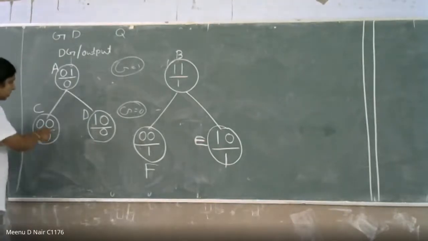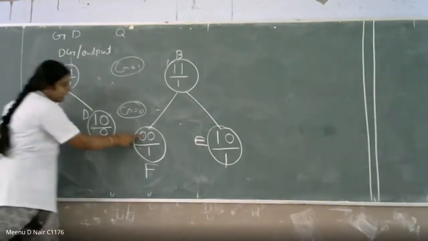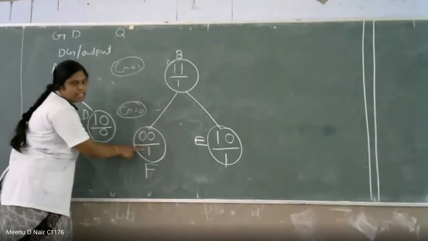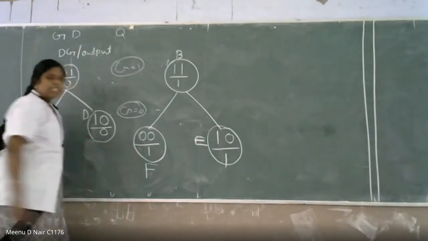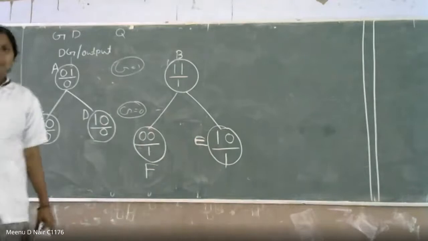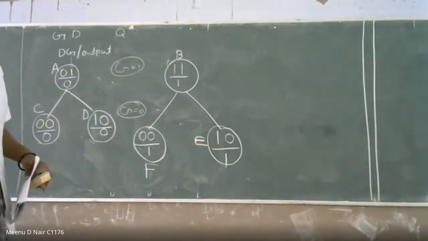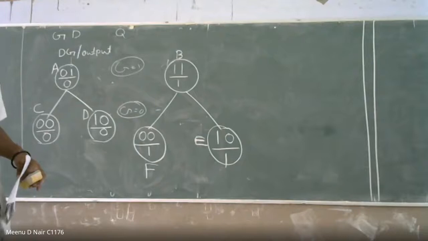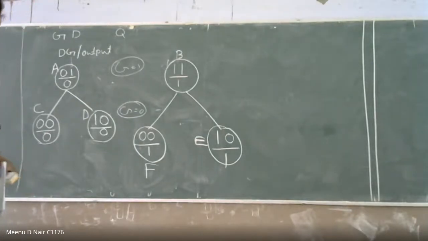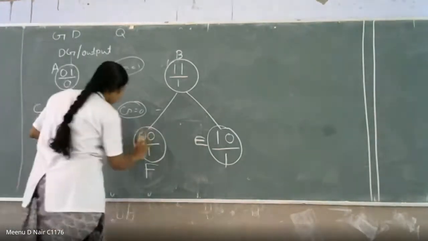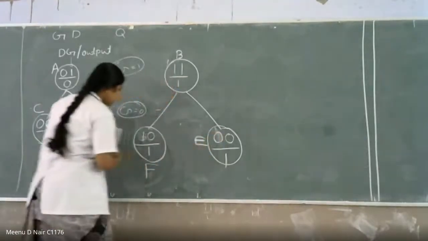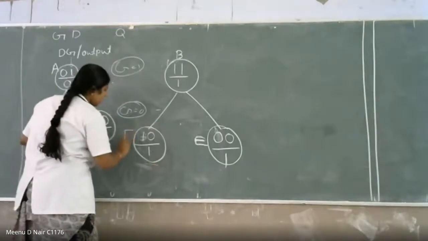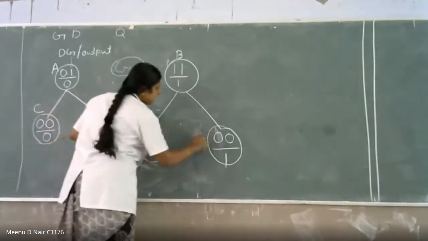And here also, 0, 0 bar 0 is one condition and 0, 0 bar 1 is another condition. So we are using two variables: one is C, another variable you are taking as F. I suppose you have to write this one as 1, 0 here and 0 here, and it will be easy. Because this is E and this is F.